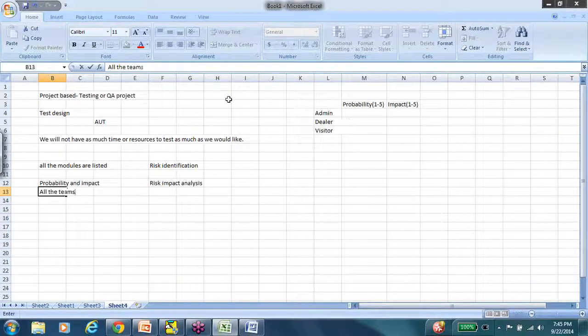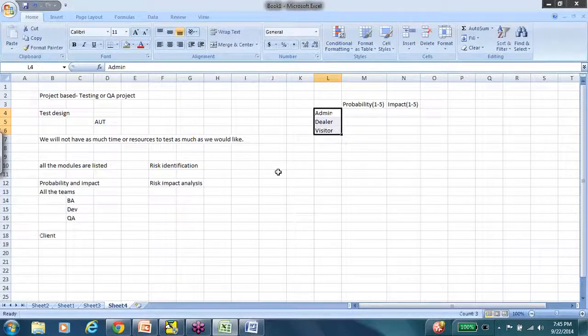But before that, who do you think knows about the application best? To start with, BAs know the application best, and then the development teams know the application best. And then, of course, QAs also read the documentation and everything, so we know best. But when you look at it from a business perspective, who will know best what will be the impact of failure of a particular feature? It is basically the client,